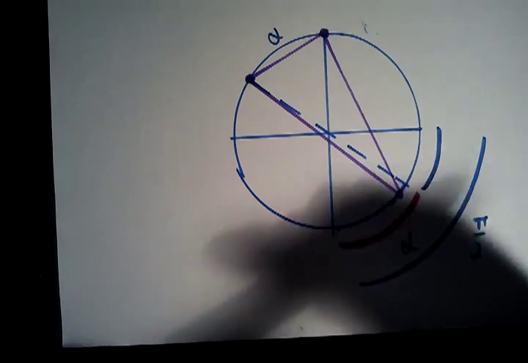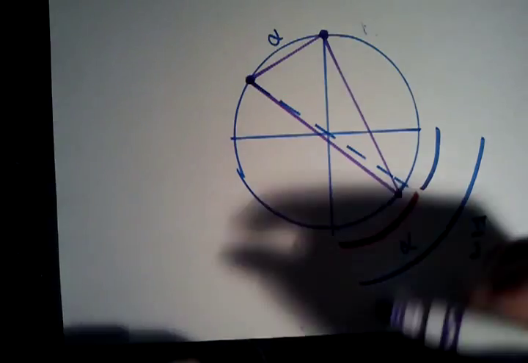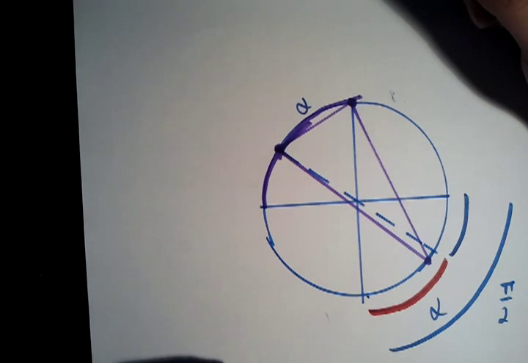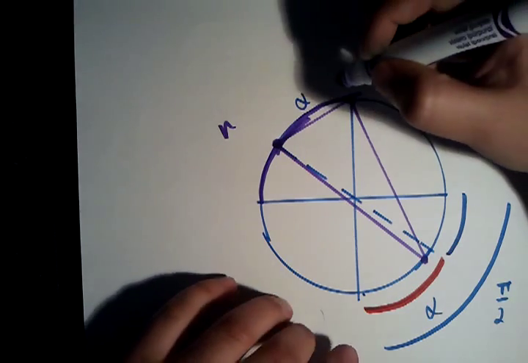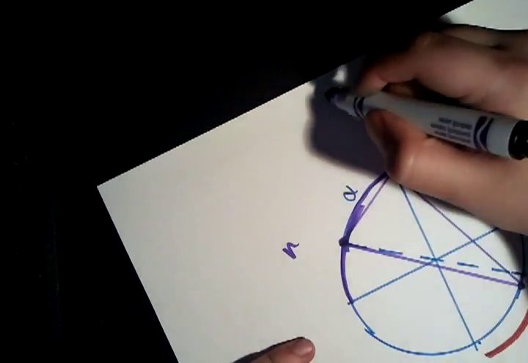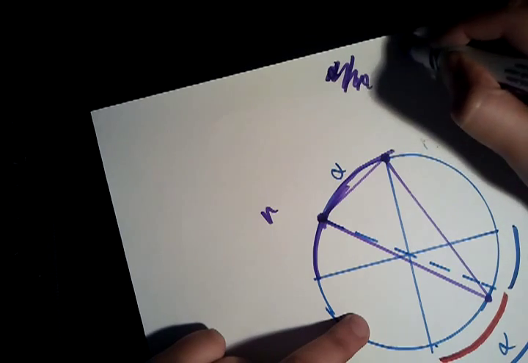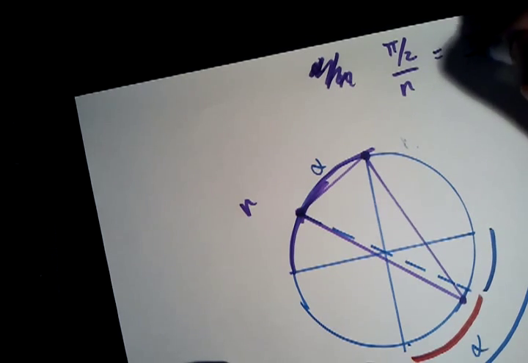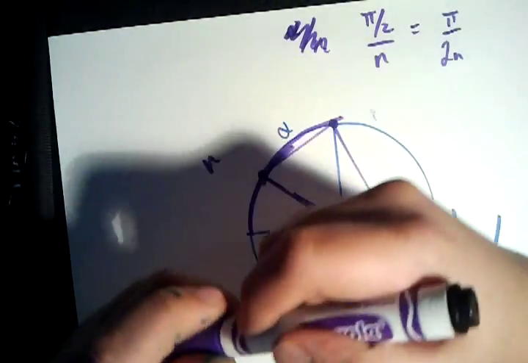So that means that we have to do a probability calculation involving these things. So we're going to use my method, which involves splitting up this arc into many pieces, and then I take the limit to infinity. So I split it up into n pieces, so that each piece had an angle measure of pi over 2 over n, because this whole thing is pi over 2 and I had n pieces, so it's equivalent to pi over 2n. And we have to do each individual probability. So let's take